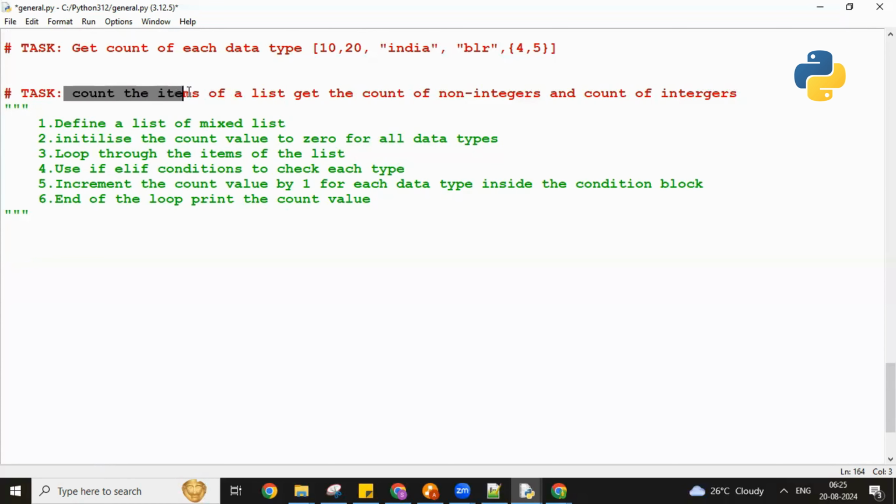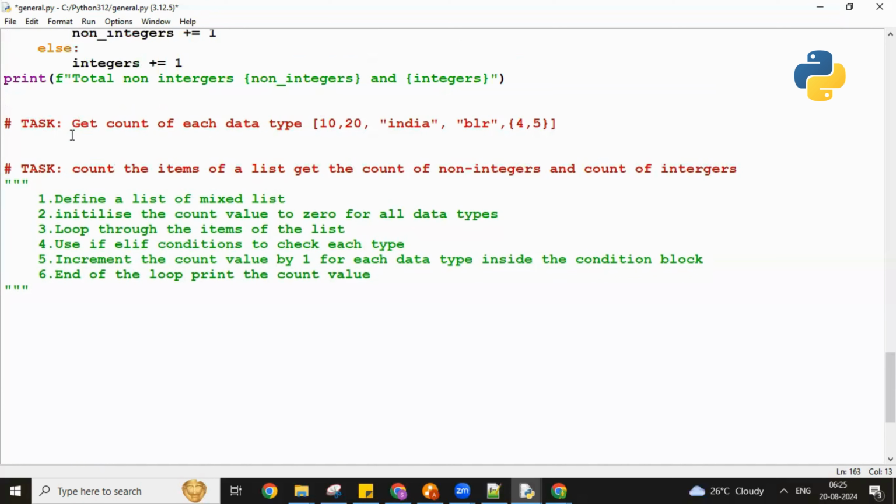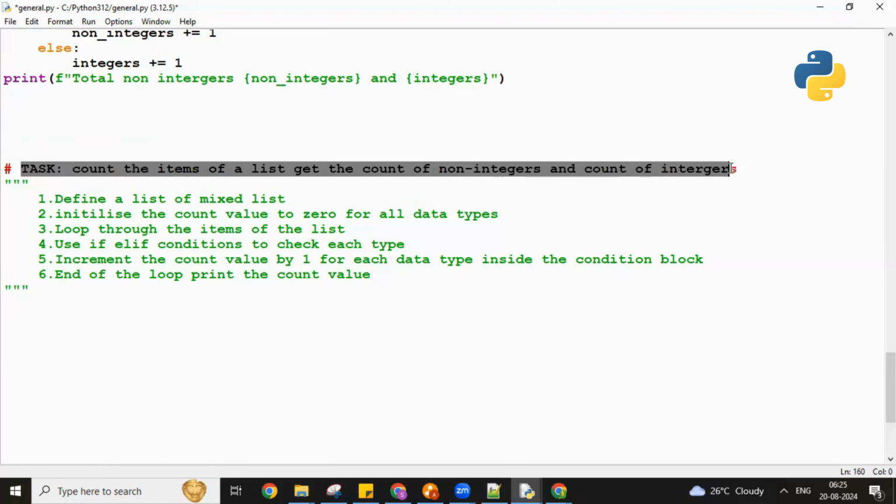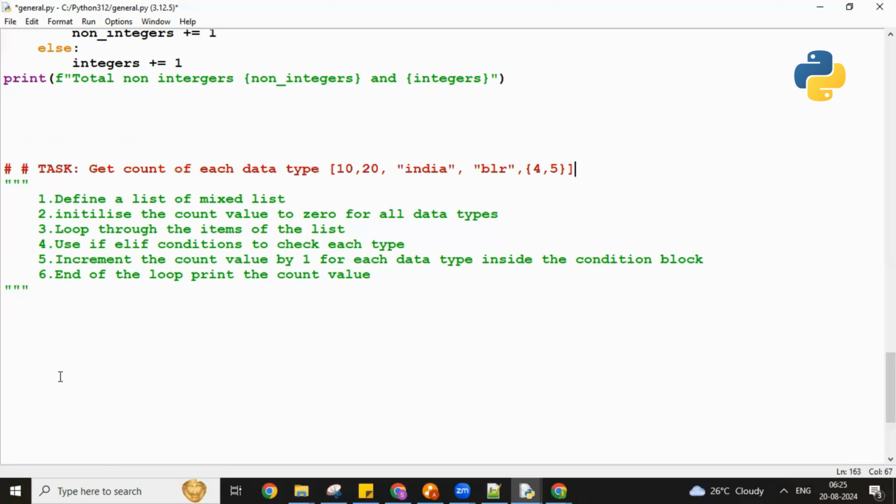See here, get the count of each data type. Right? This is a task, correct? So it's very simple. First of all, what you need to define, for example, is your program input. So let's say a mixed list m equal to, for example,